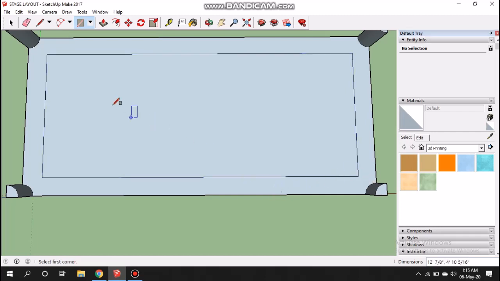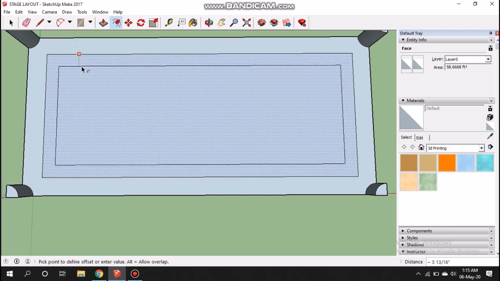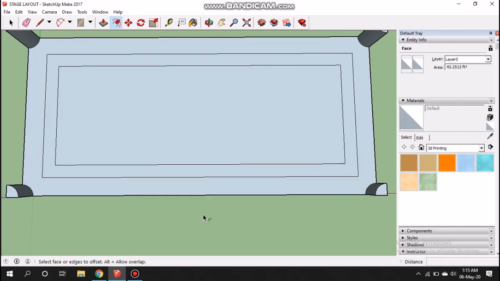Okay, and then from the offset tool, this is the offset tool, click on this, and with this offset tool we have to make the border of the layout.